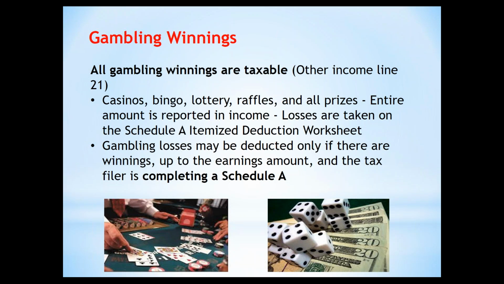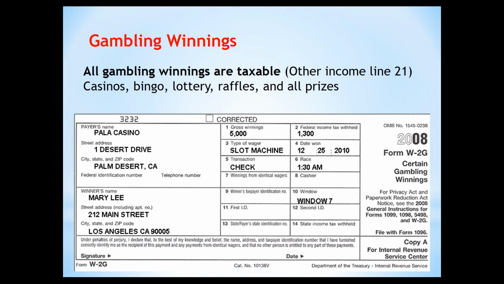So keep that in mind, and we'll go through what a Schedule A is and the itemization and standard deductions and itemized deductions in actually our next section, our next training. But just know that it's not going to be to anybody's benefit to total up losses unless they're itemizing. So if somebody comes in and they have no taxable income, then don't worry about gathering up any of the